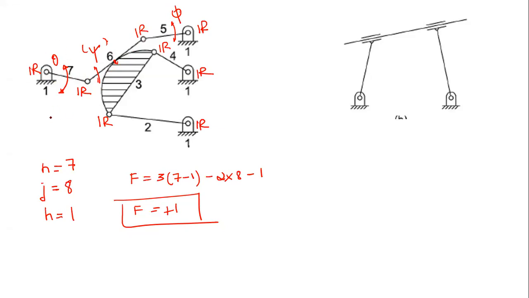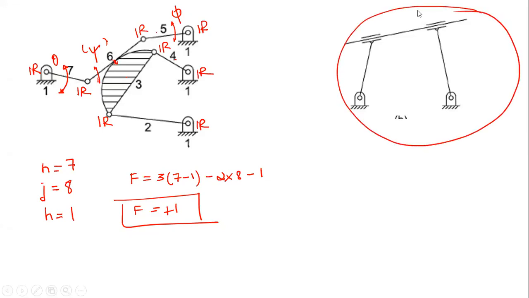So that means you need to specify only the coordinate theta for this input link, for this member, to describe the motion of link 6, 5, 3, 4, 1 and 2 in the mechanism, right? So now I hope this is clear to all of you. Now can you tell me what will be the degree of freedom of this one?